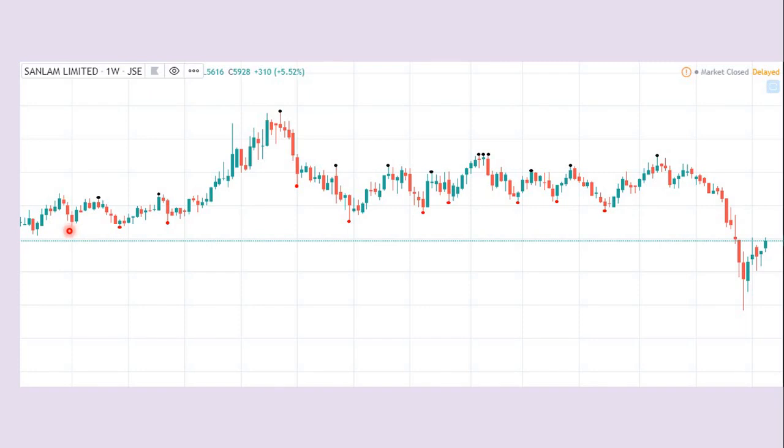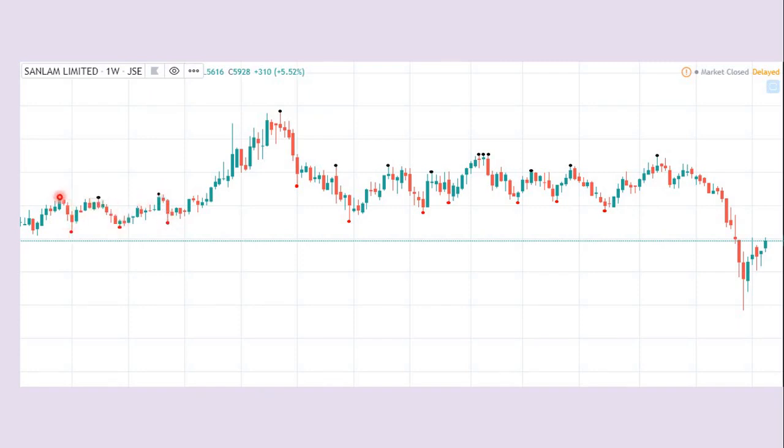So using that rule, you would see I would go from here to there, following those dots. If you put a line on these, you would see the zigzag movement. If you want, I could have marked this as a swing high. So you would see the zigzag movement. Now that zigzag movement would show you whether the share is in a strong uptrend, a strong downtrend, or in a sideways